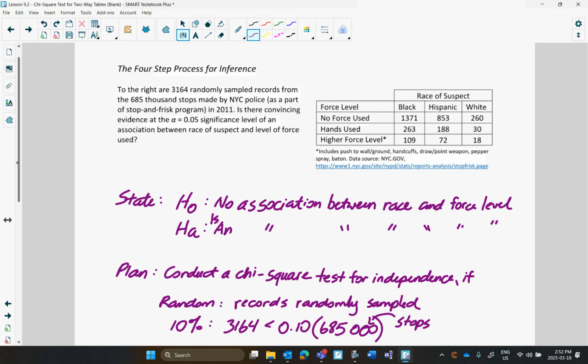I was thinking 1371. 109. Okay, hang on, just sit there. Once we enter all these,